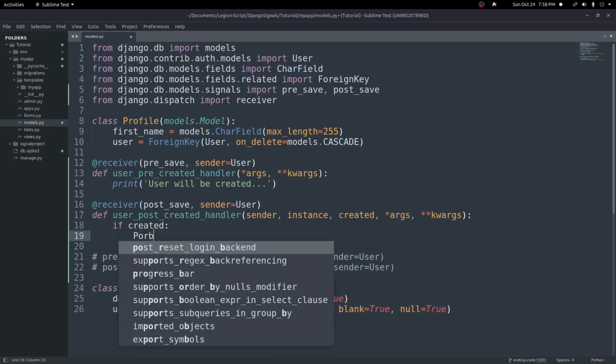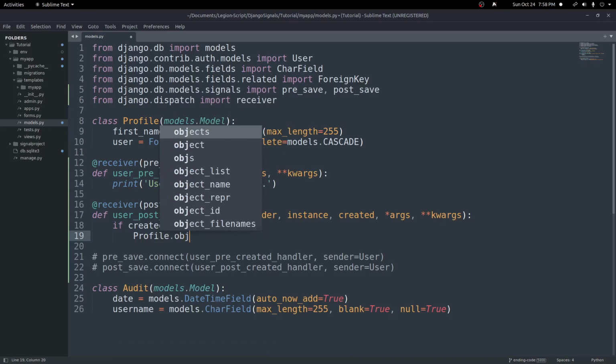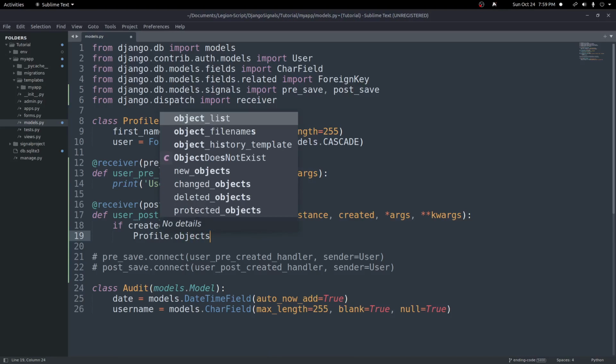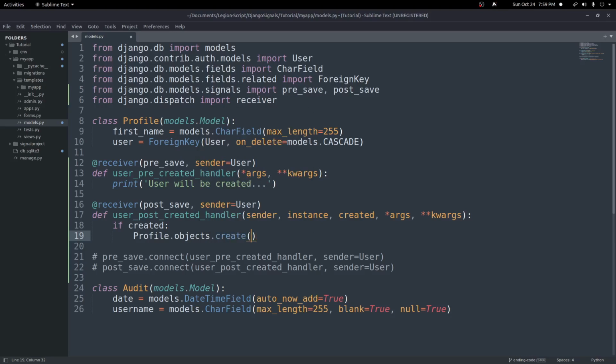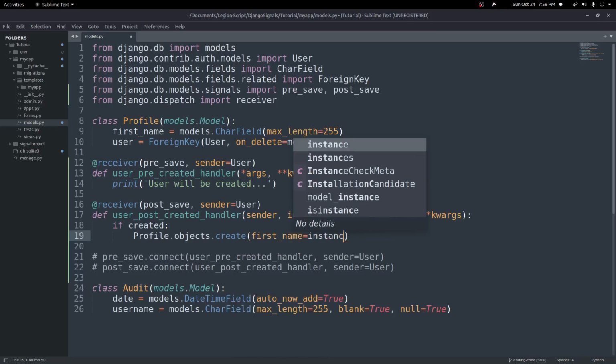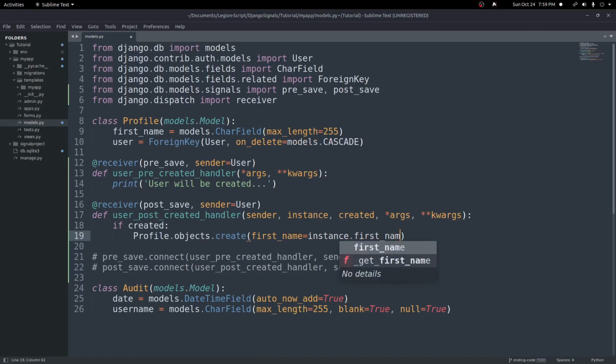We can do profile.objects.create and pass in our arguments to create the object here. So we'll do first_name, and this will equal the instance, which is what we just saved, dot first_name. And we can do that because on our user object itself,